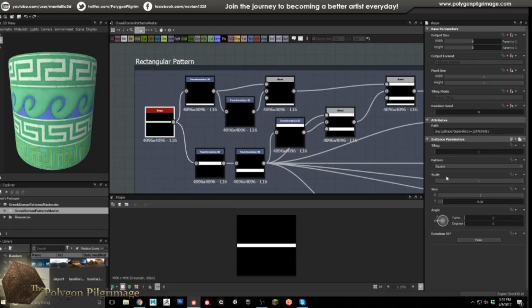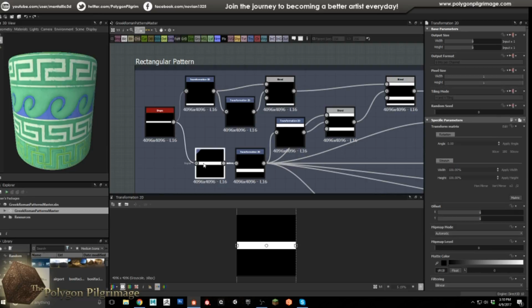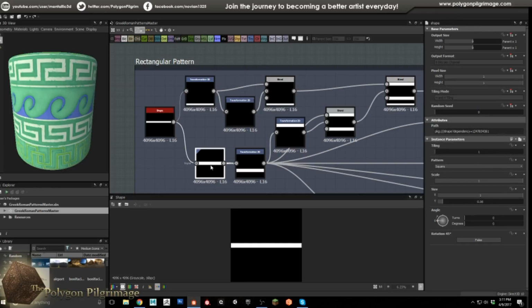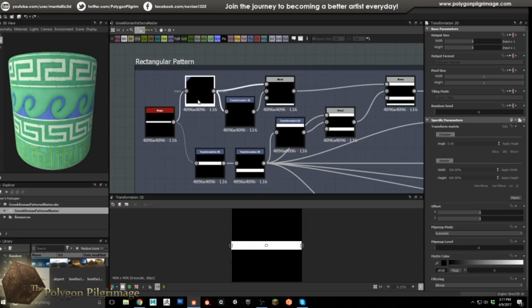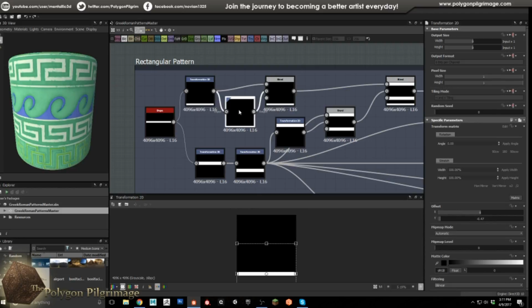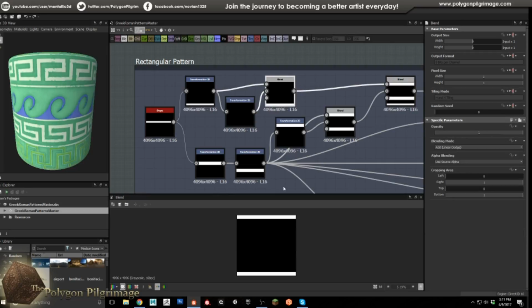So utilizing the shape node here, the square, we're just going to crunch this down. And I found that 0.06 really worked for this kind of individual bar. And then this transform here is multiplied times 2 on the height. So this is a 0.06, so this would be 0.12 as far as the height. And then I'm just positioning this guy, and then doing our offset trick here,